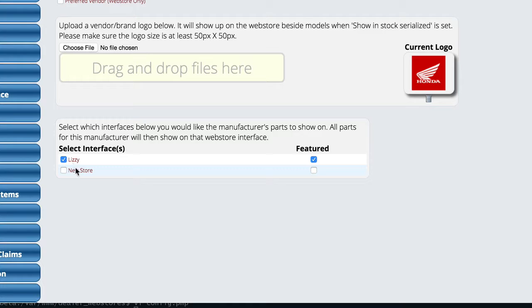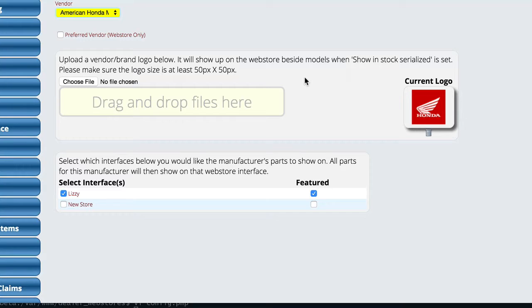So right now we have Lizzy and New Store. These are two Lizzy stores. And I've told it I only want this particular vendor to show up on the Lizzy store. I don't want it to show up on this New Store. So this will automatically take every single part that is in inventory and show it for this particular vendor on that website. Now, the category information, and you can look up the videos on setting up categories and things for